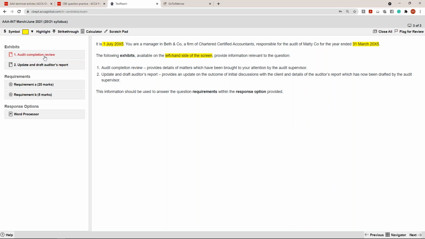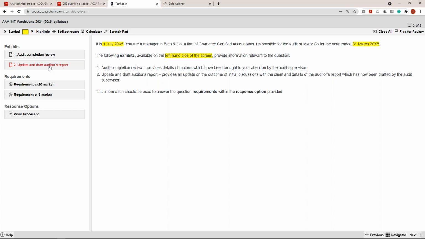One is an audit completion review and one is an update on the draft audit report. Can you see the 2 exhibits? One exhibit is on the completion stage of the audit completion review, and one exhibit is on the auditor report. So is it just a reporting question? No, it is a completion and reporting question. One exhibit is looking at the completion aspects of the audit, and one is looking at the report